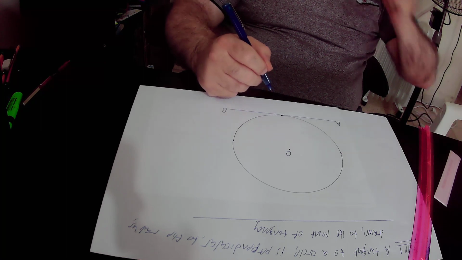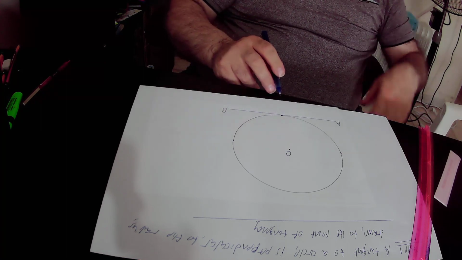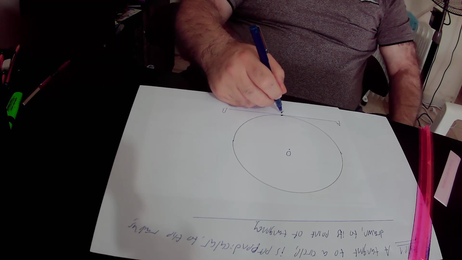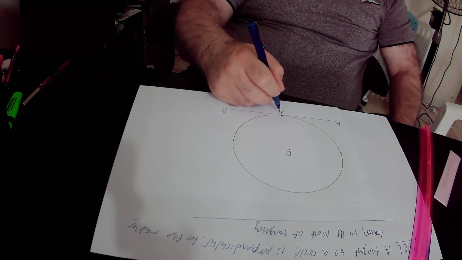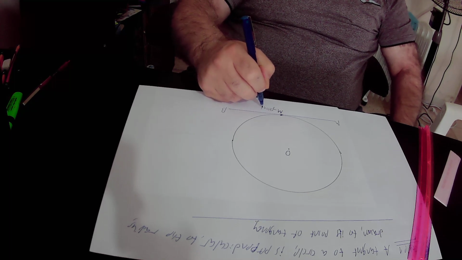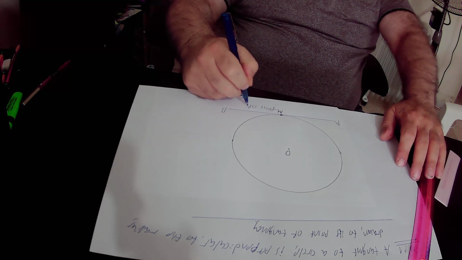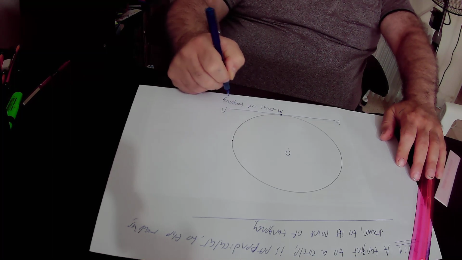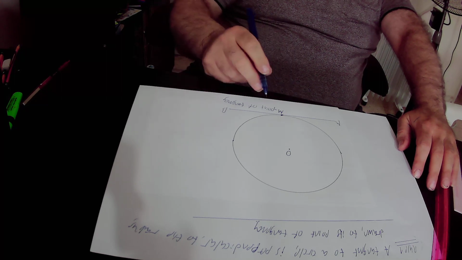This is the point of tangency of tangent AB with this circle. We will define the point of tangency as point M. So point M is the point of tangency of tangent AB with this circle,